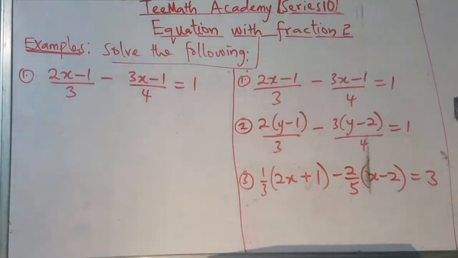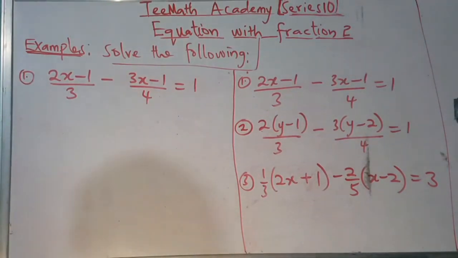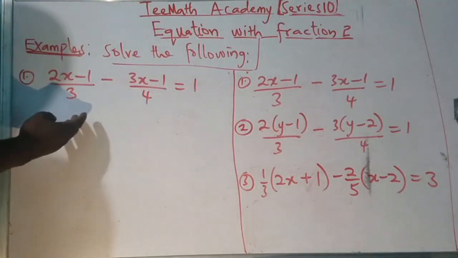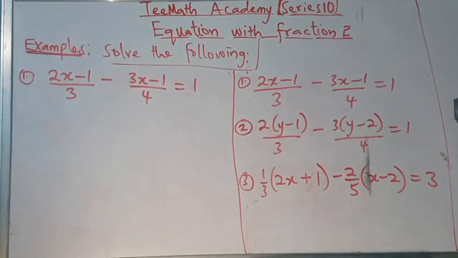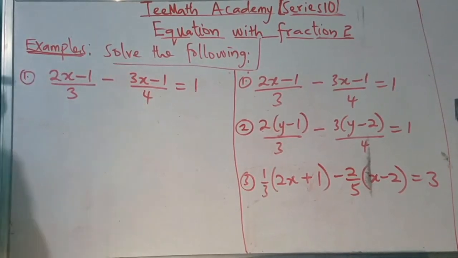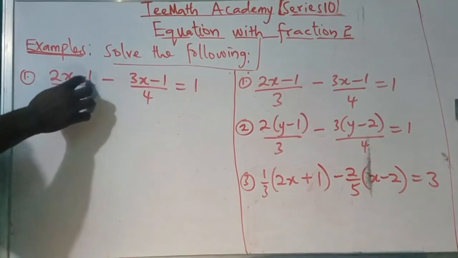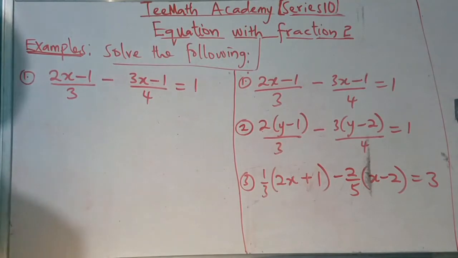main mathematics. Okay. Now, this is equation with fraction 2. This 9 was equation with fraction 1. All right. So, how do we solve this question? This is a fraction with equation because this is a linear equation. Another one here, then equals to 1. So, what do you do here? You can't cross multiply here. Why? Because actually we can see this one is over 1. But here we have a denominator, also a denominator. Then what do you do? You must bring the two of them